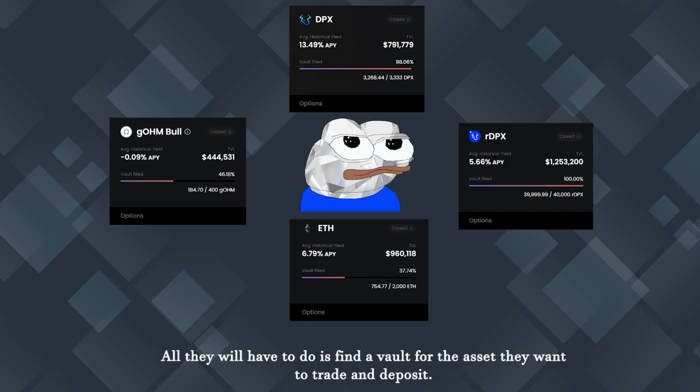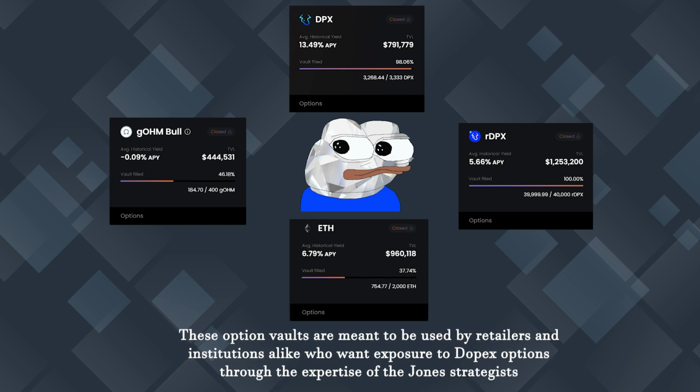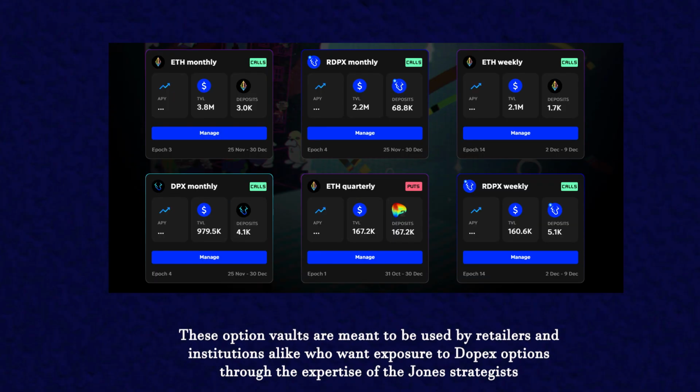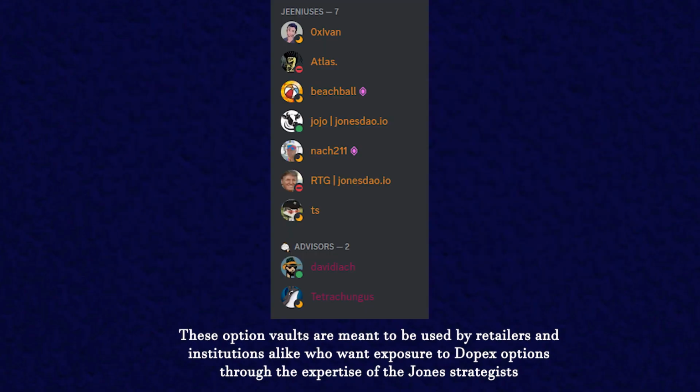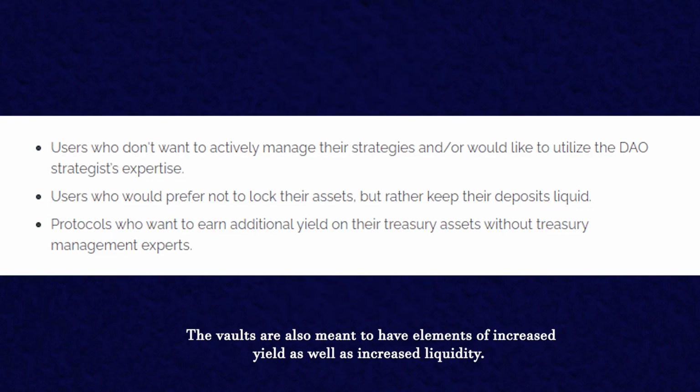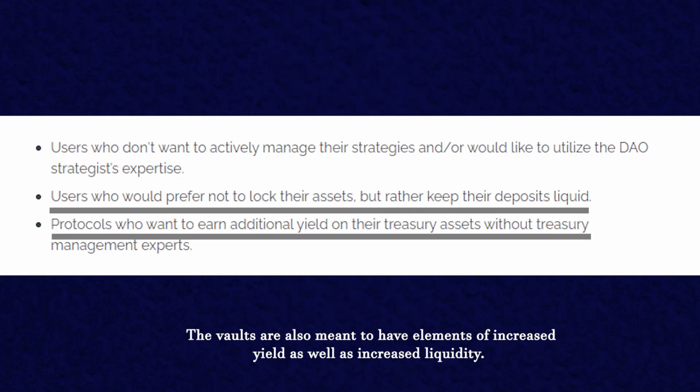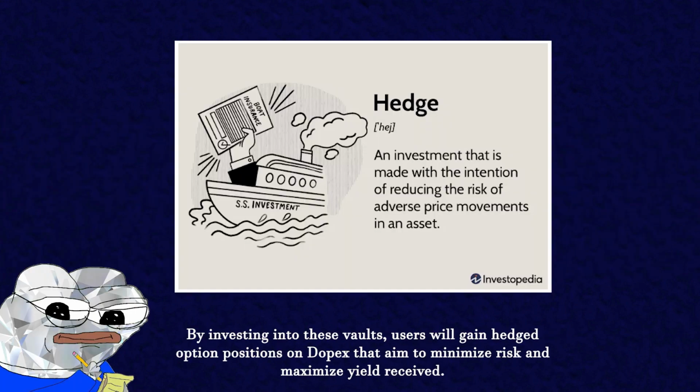All they'll have to do is find a vault for the asset they want to trade and deposit. These option vaults are meant to be used by retailers and institutions alike who want exposure to Dopex options through the expertise of the Jones strategists. The vaults are also meant to have elements of increased yield as well as increased liquidity. By investing into these vaults, users will gain hedged option positions on Dopex that aim to minimize risk and maximize